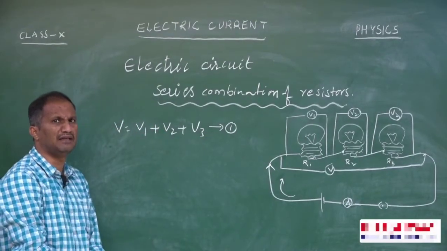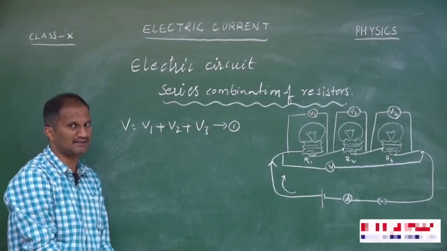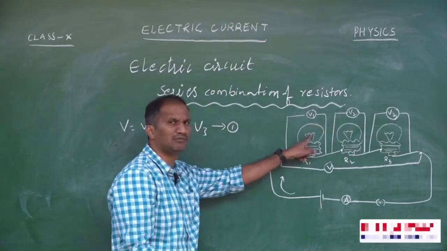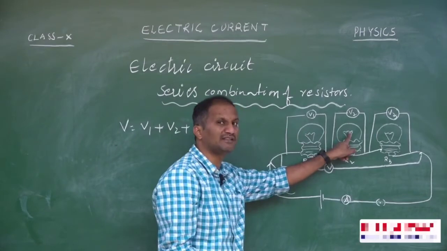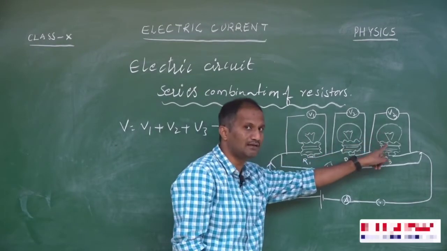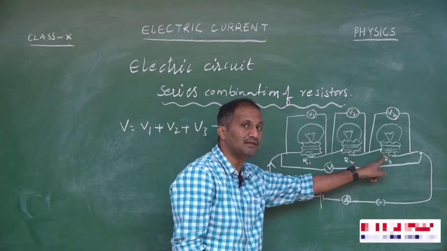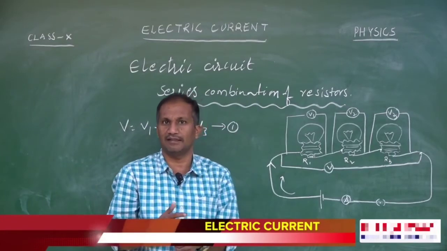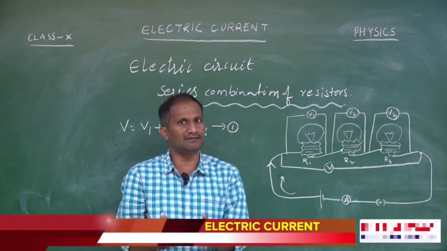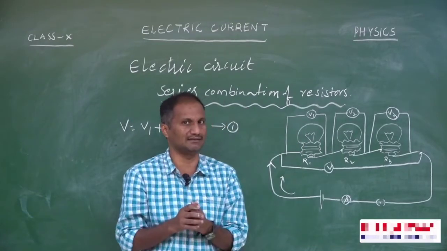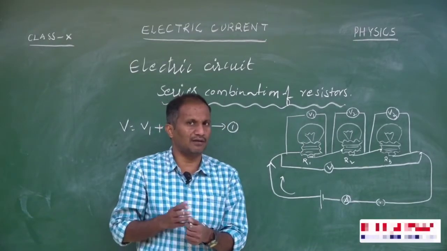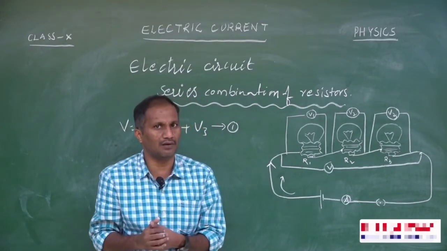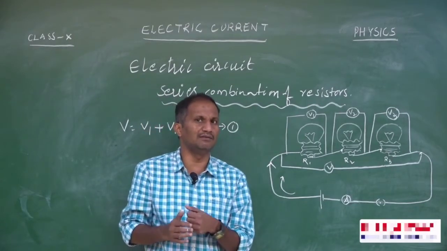Now we are going to find the resultant resistance offered by the three bulbs, that is, bulb 1 having a certain amount of resistance R1, bulb 2 also offering a certain amount of resistance R2, and bulb 3 offering the resistance R3. The resultant resistance is nothing but the combined effect offered by all three resistors. That means if we replace all three resistors with a single resistor, that single resistor is called the equivalent or resultant resistance offered by the individual resistors.